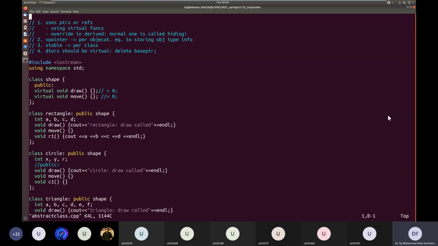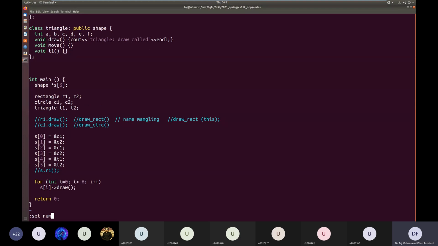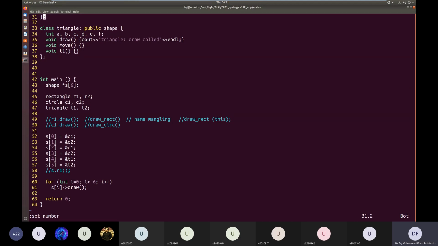Any questions? No, I did not change anything. I just did not access the function using the derived class object. This line 50, it was giving an error.